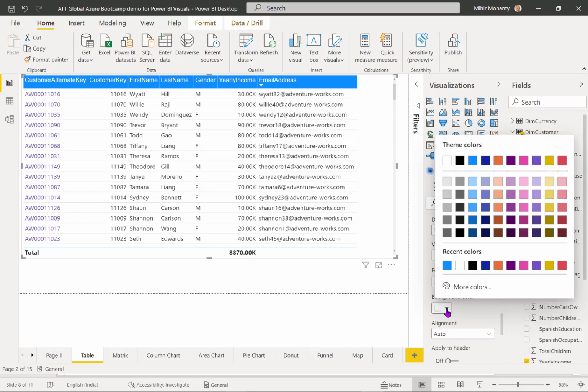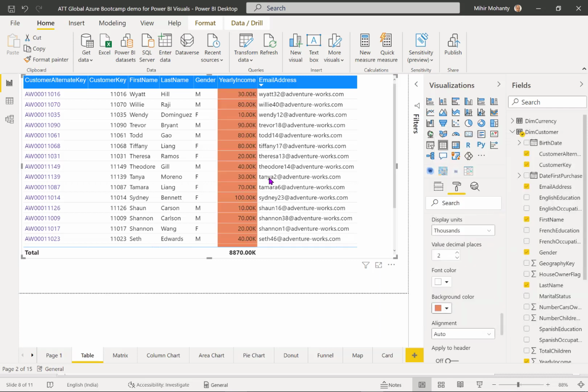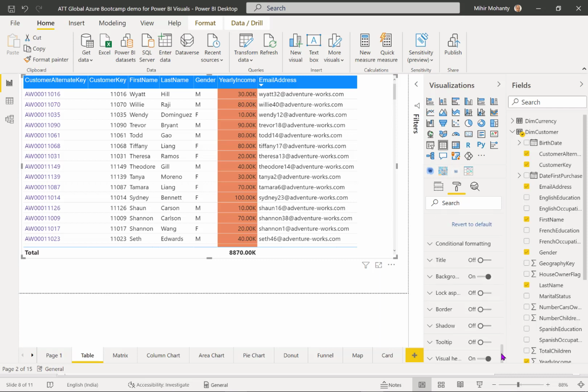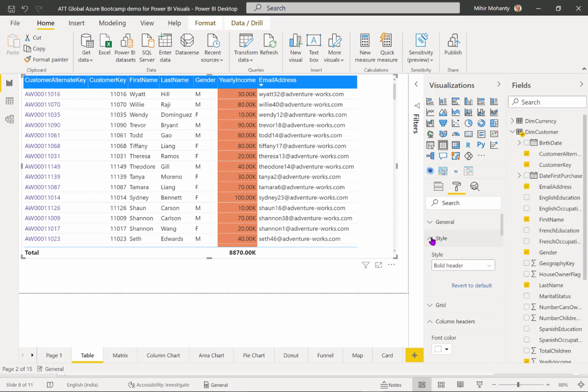And if you want to explicitly call out any specific region, that is how we can change background colors, and we can give more appealing information, and we can get going. And here are a few more tips and tricks you may like to explore. Feel free to get going with those changes.